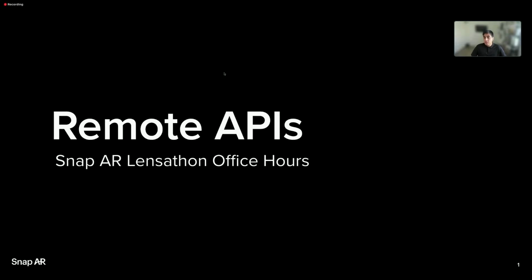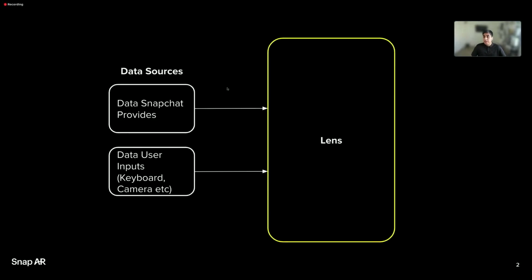The remote API feature basically solves the problem of how historically the only way to get data into your lenses was through data that Snapchat provided to you. If you've built lenses before, maybe you've noticed that we give you information like the current weather or the user's birthday if they give it to you. So there are these kinds of information that we give to the lens that you can use in your lenses,